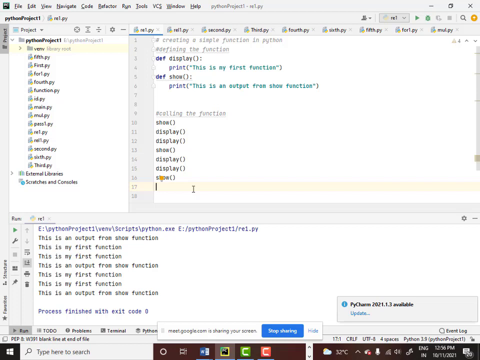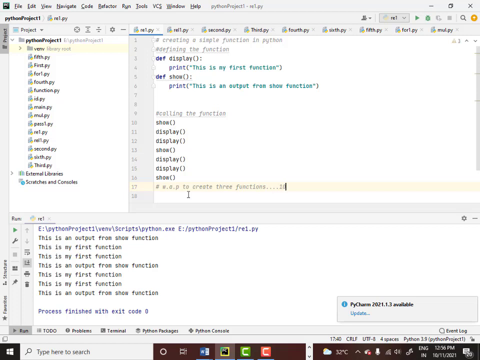Okay, so with this concept, can you write a small program? I'll give you the scope of the program. Write a program to create 3 functions.